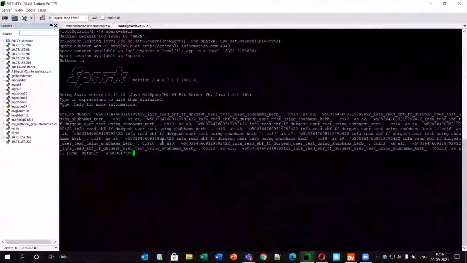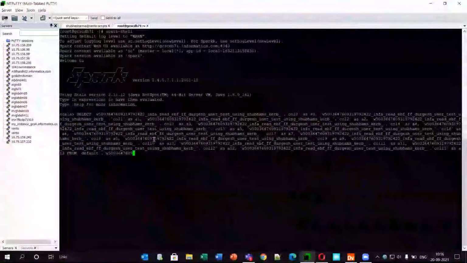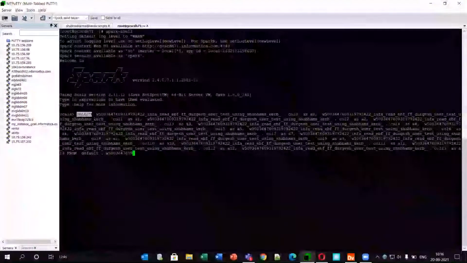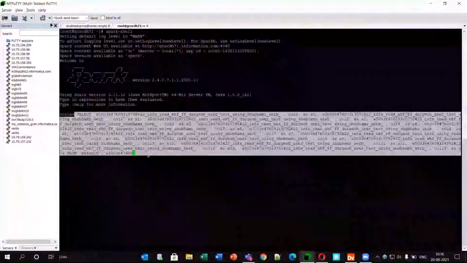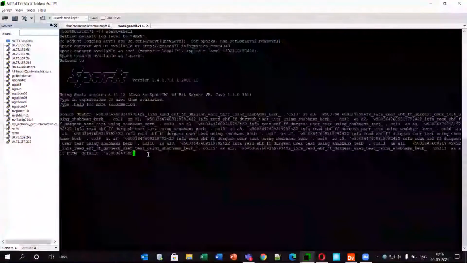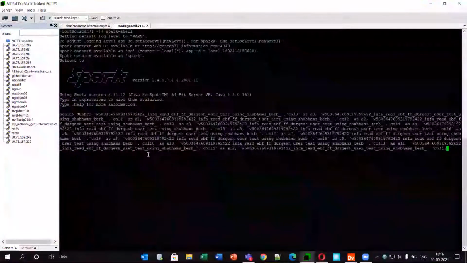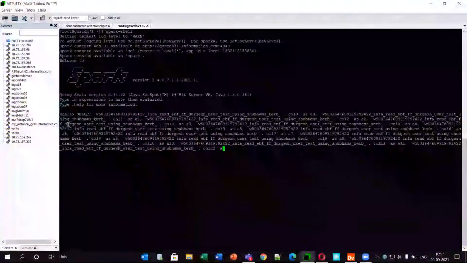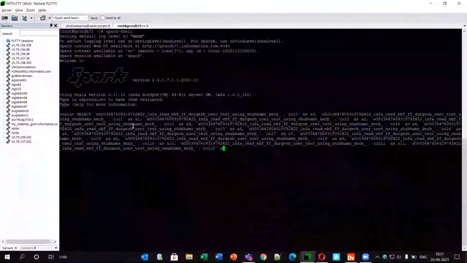So we can create the staging table in our Spark. First run the create command, and then run this execution plan query, and then we can debug what is the error we are getting and why our mapping is failing. So this is also a use case of Spark SQL.